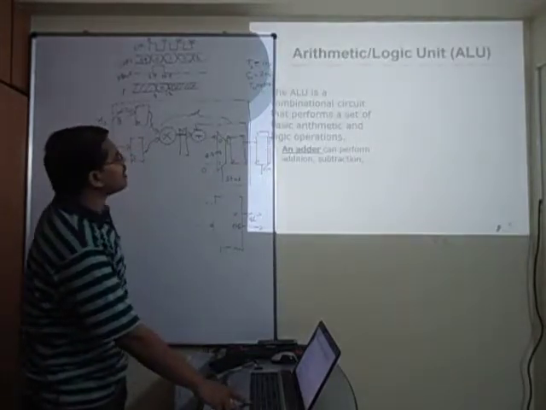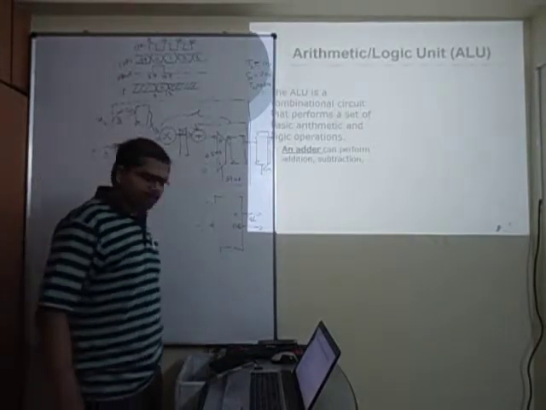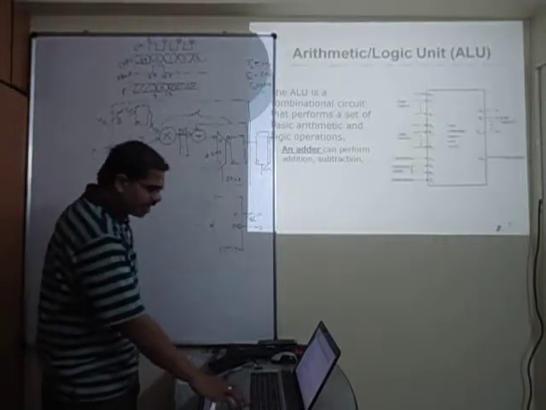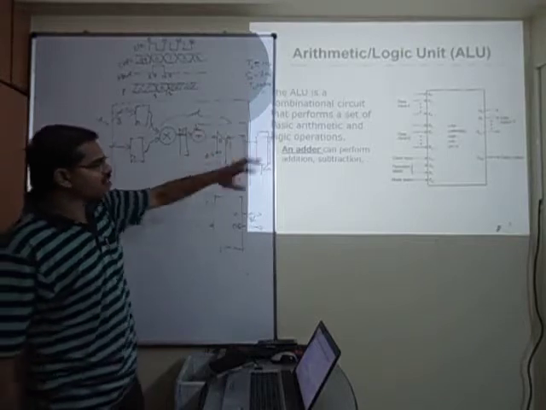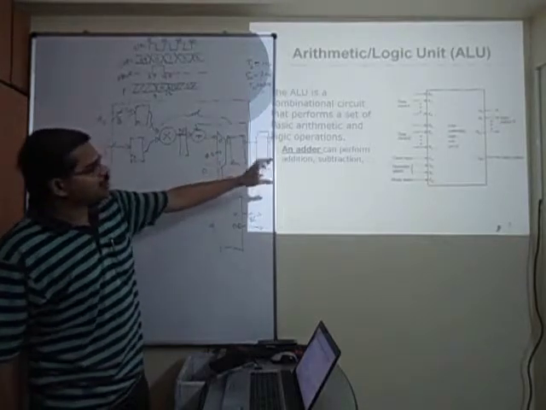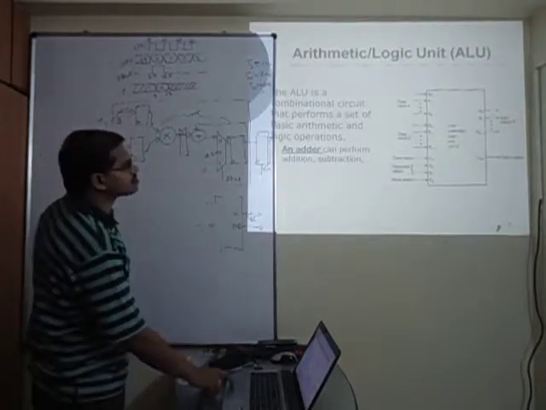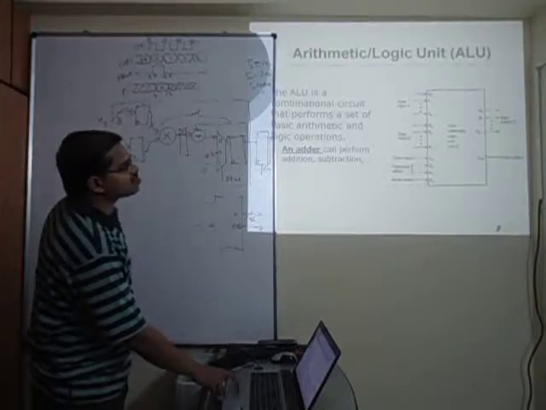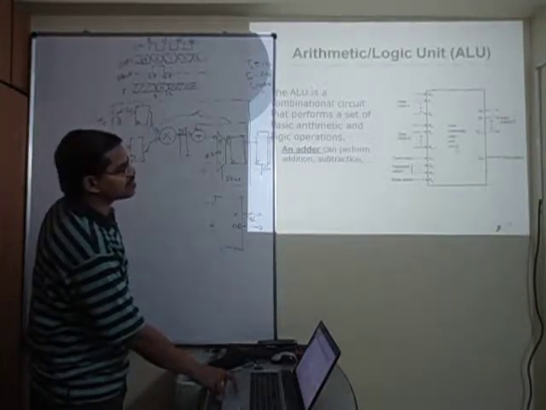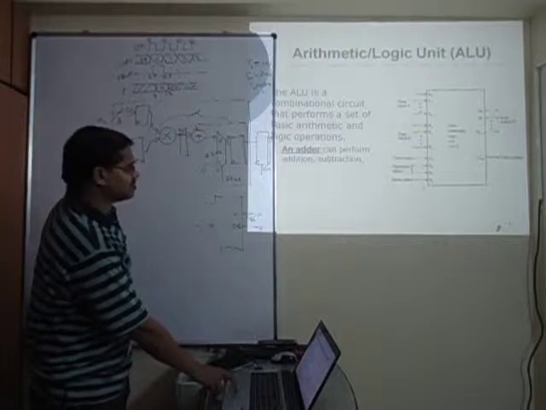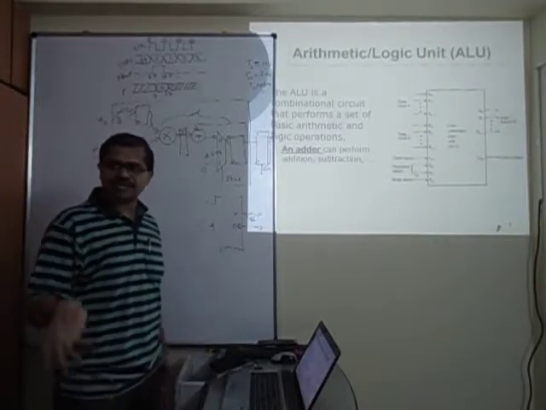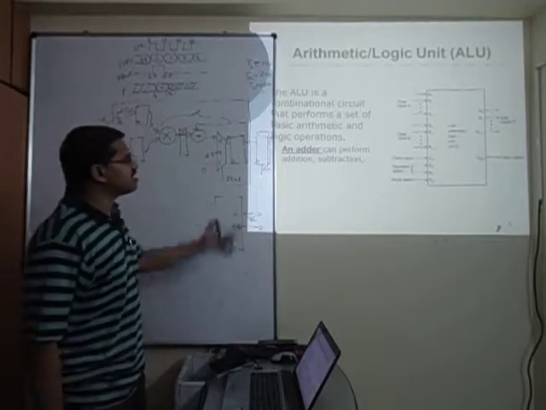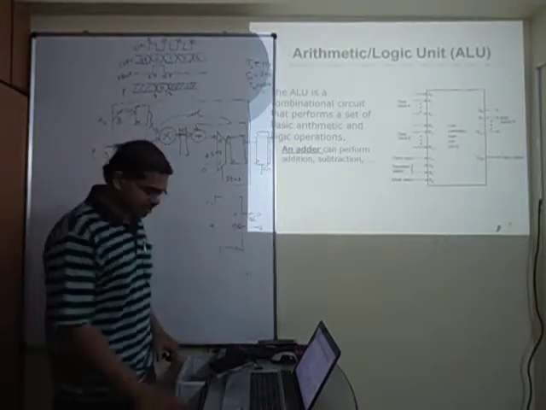Now ALU is the best example to work with, because an ALU typically consists of two sets of inputs, and you have some operation select. Mode select tells whether it is an arithmetic operation or a logic operation. Once you select a mode, the operation select tells whether it is addition, multiplication, subtraction if arithmetic, or AND gate, OR gate and so on if logic.